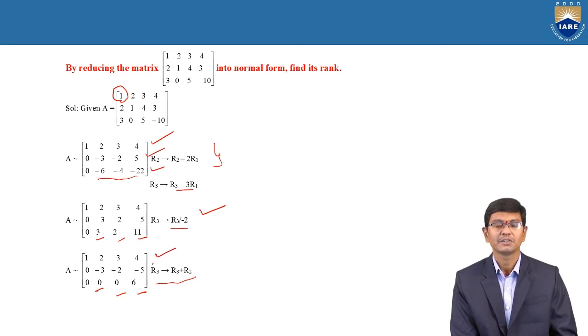It is clearly satisfied. But in this method, we are going to discuss the normal form. The normal form is nothing but a continuation of the echelon form, otherwise the matrix is reduced to a unit type of matrix. In our mind, the normal form means all the elements are either zeros or ones. It is required to satisfy this. Here, observing this matrix, the first row, first column, first element is 1, and the entries before it are 0, and the last row is 0, but in the last element it is 6 only.